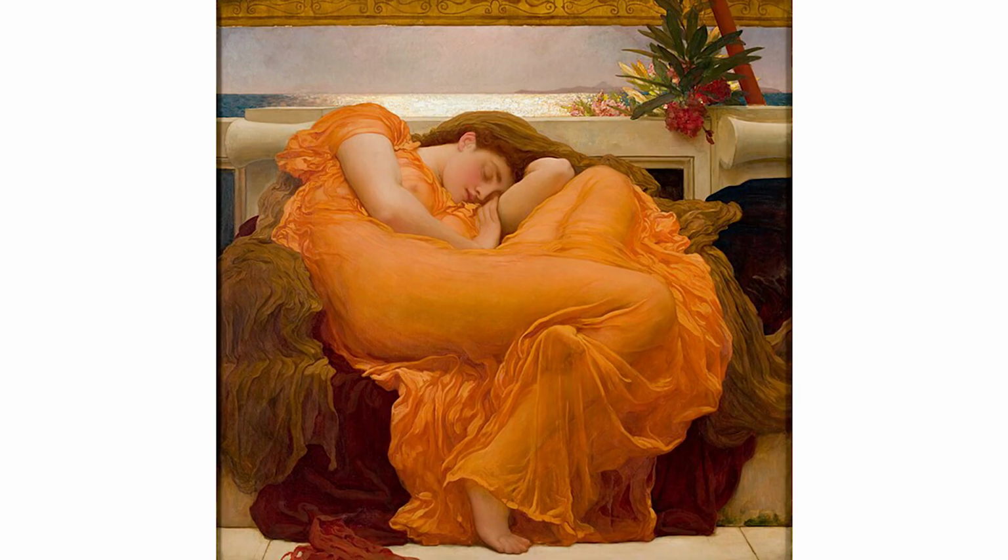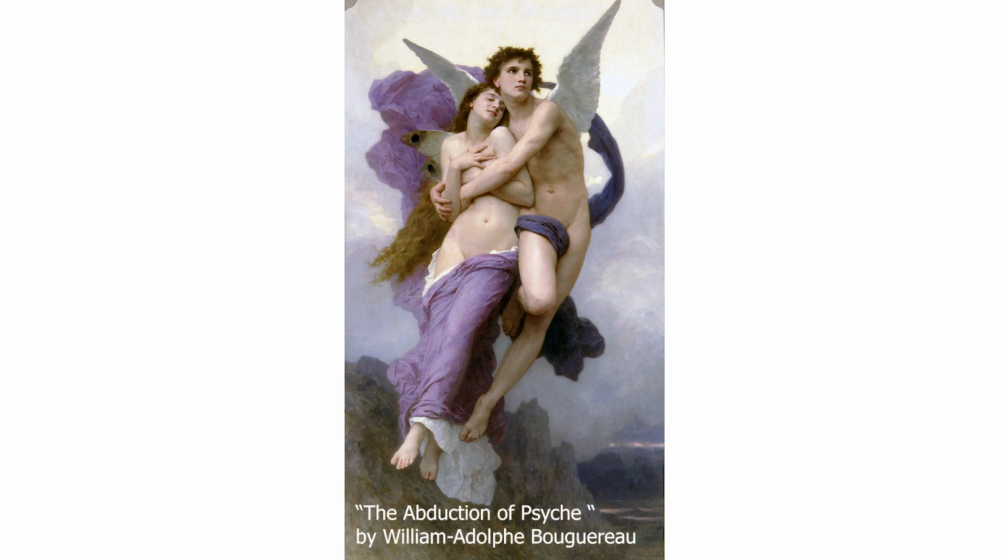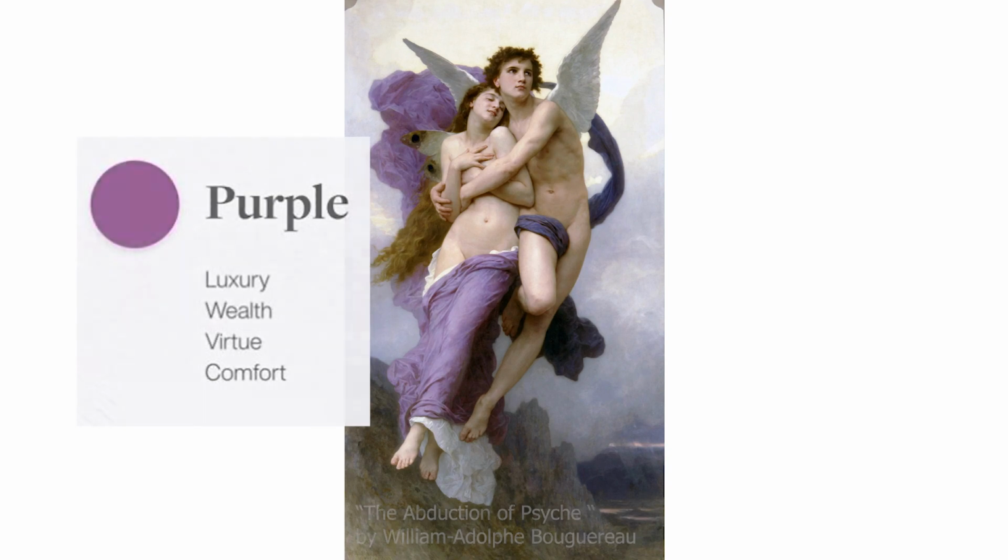We are looking at 4 specific paintings today, and let me introduce you to these 4 paintings. The first we have is Flaming June, that's the painting's name, and this is by Sir Frederic Leighton. This one is a very gorgeous and beautiful painting, and we are going to analyze and explore the color orange. Now the next painting we're going to look at is the Abduction of Psyche. I don't know how you say the name, there are so many different ways of saying that name, but that one is by William Adolphe Bouguereau, and